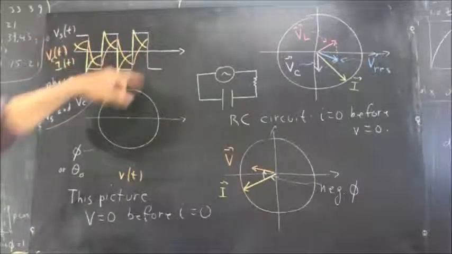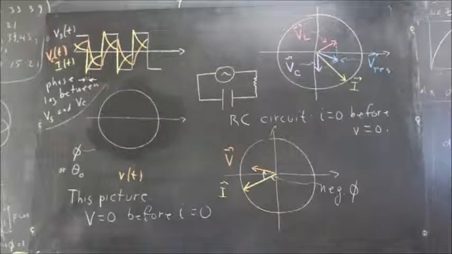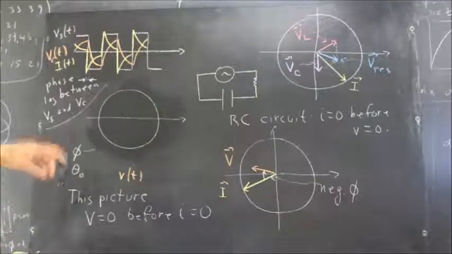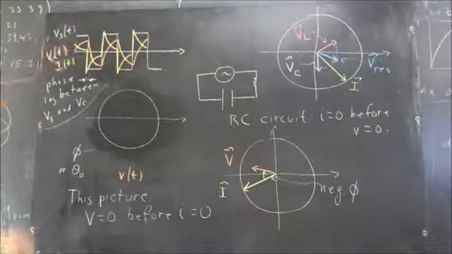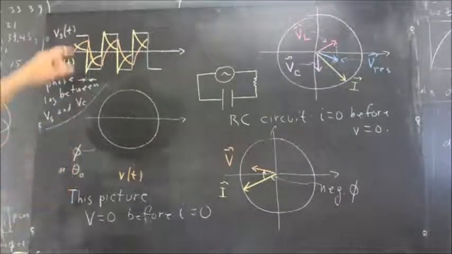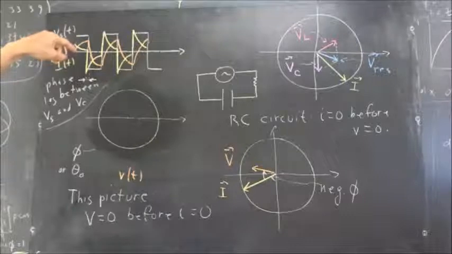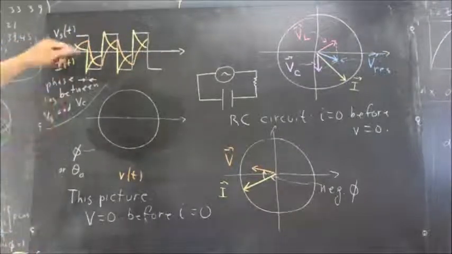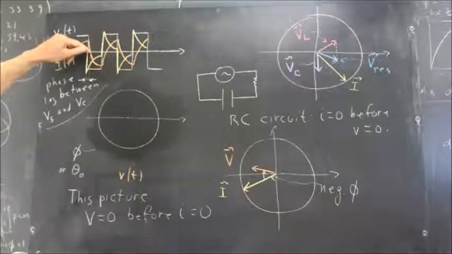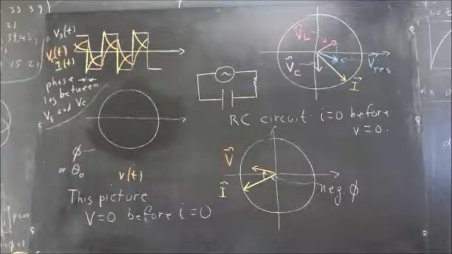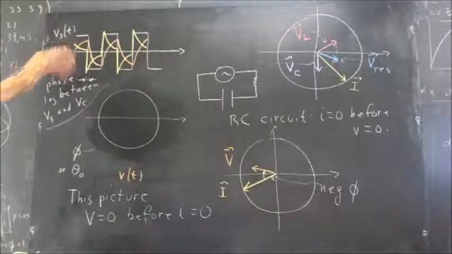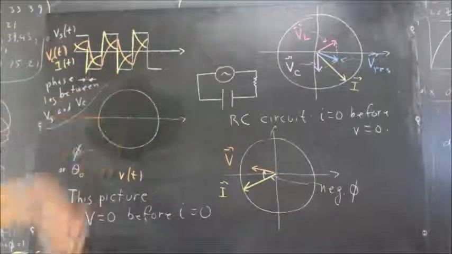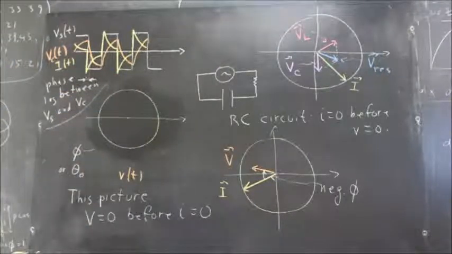Still, you have these relationships, and what we can see here is that there's a phase lag also between the current and the voltage. The current is going to reach zero before the voltage does. So current reaches zero here, voltage of the capacitor reaches zero here. So there's a lag between the two, and we want to talk about how to do that with a circular diagram, which is